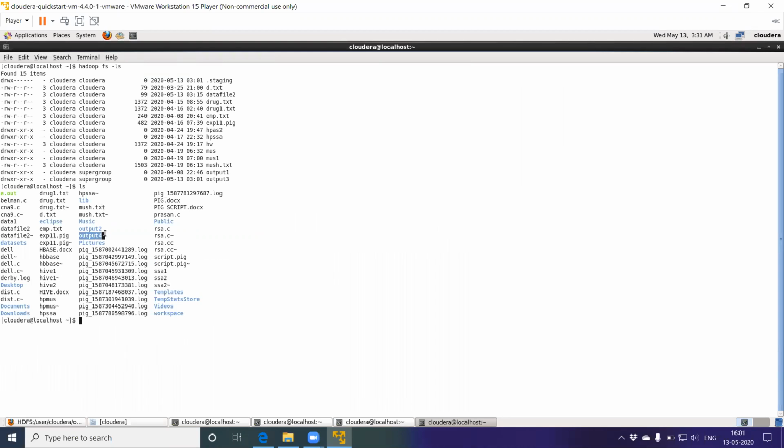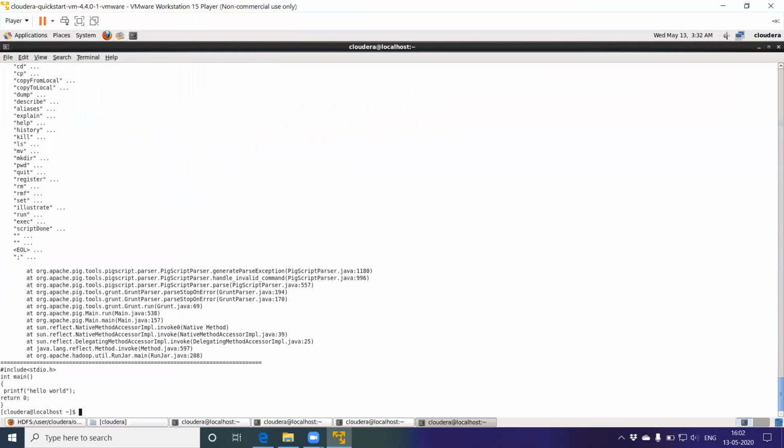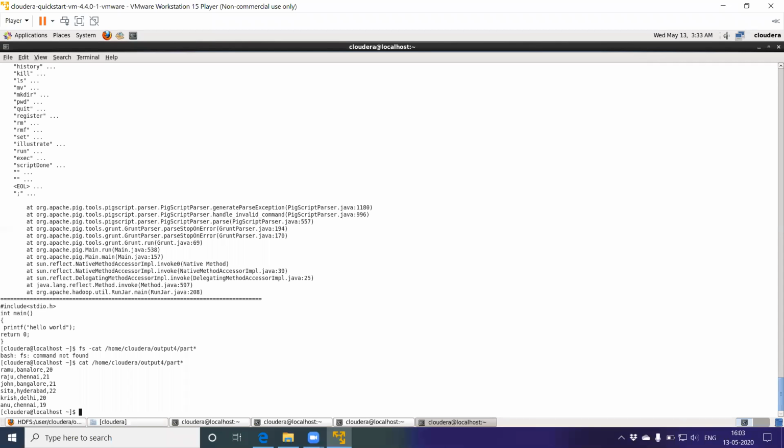Please open it: ls output4, press enter, then cat part star. You can use a wildcard character also to display. Now you can see the content of that file stored back into the local file system.